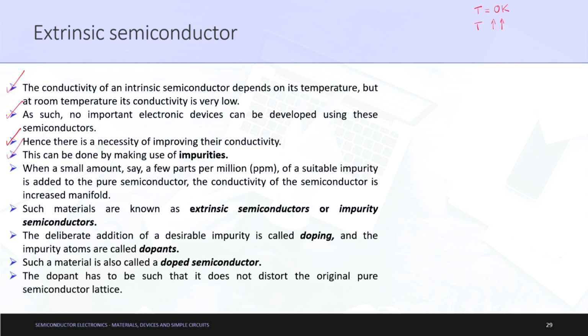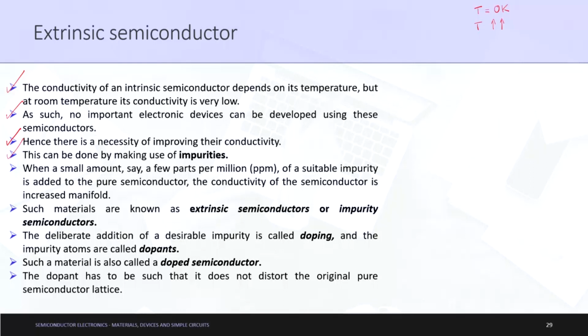These impurities are nothing but some other amount of electron or some other elements that are interacted with this silicon and germanium to increase its conductivity. How it is done will be dealt with in extrinsic semiconductors. Fine. So, when a small amount, say a few parts per million, ppm, as you can see, please remember here,